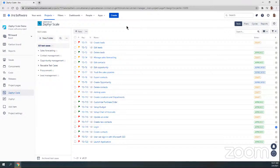So separate from Zephyr for Jira, Zephyr Scale does not work with a test issue type per se. It works more adjacent to your Jira instance. It's still in your Jira instance. You install it from the Atlassian Marketplace. It's available on Jira Cloud, Server, and Data Center. But when you install it, you really get a testing center that allows you to have multiple tests that call